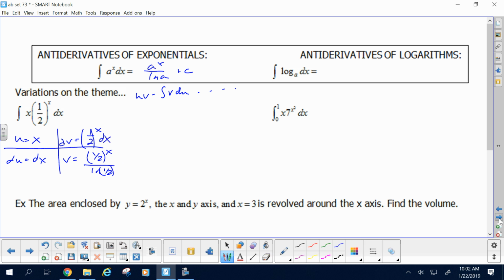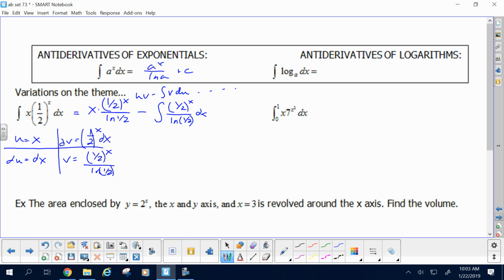Okay, so uv is x times 1/2 to the x over log of 1/2 for the uv. Cool? Minus v, 1/2 to the x over log of 1/2, du